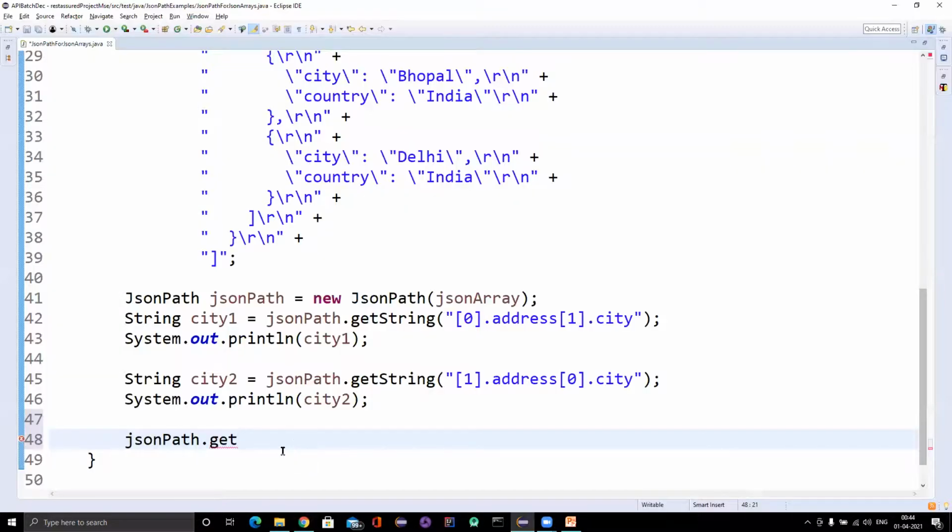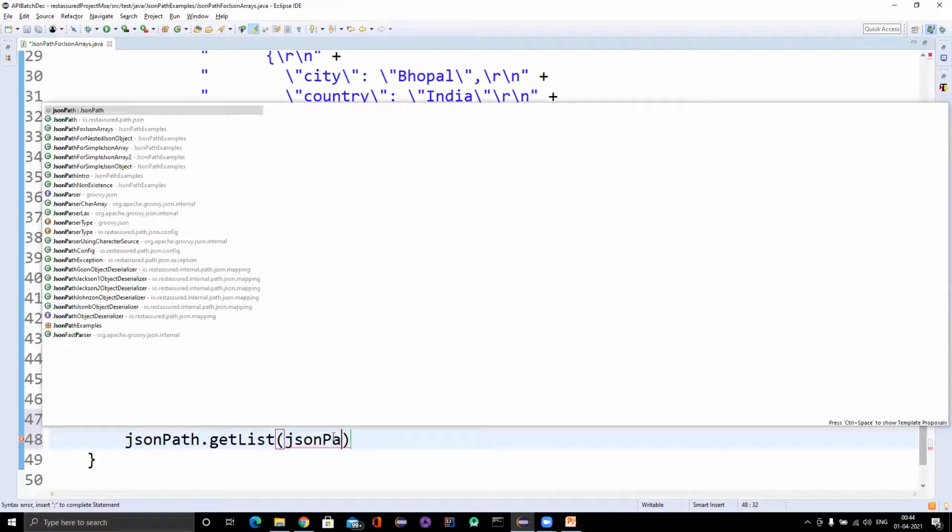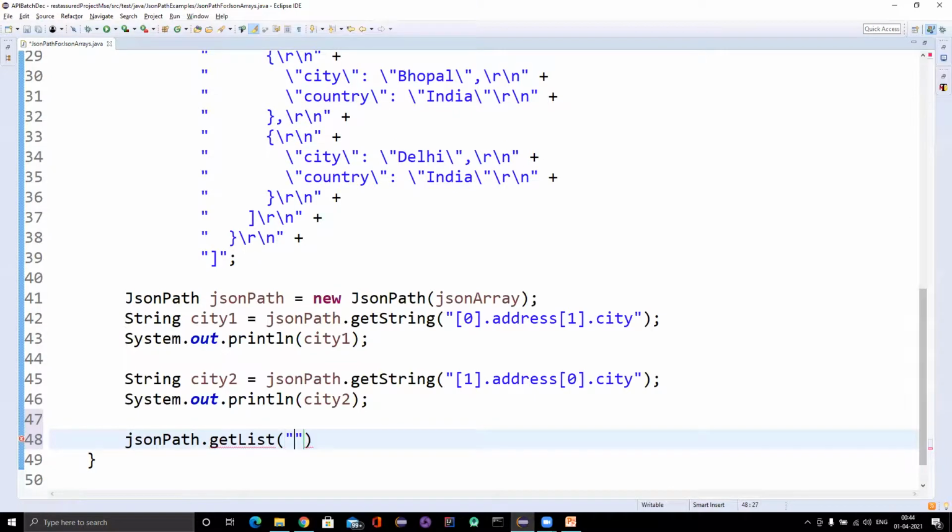So we need to use the get list method, instead of get string for single values, because here we are going to get multiple values. Those values are returned as a list. Here we have to add the JSON path.